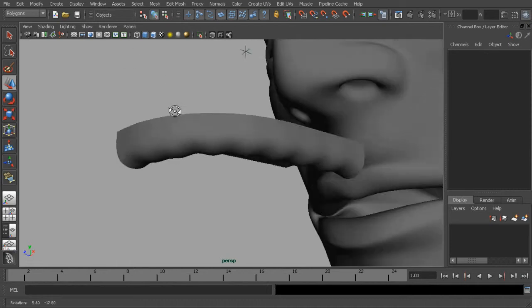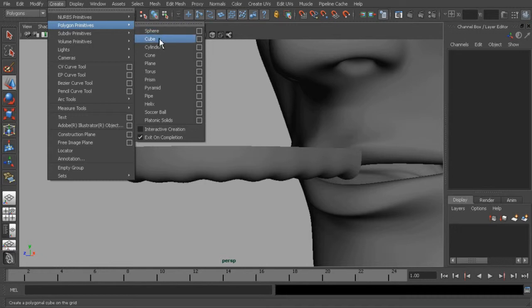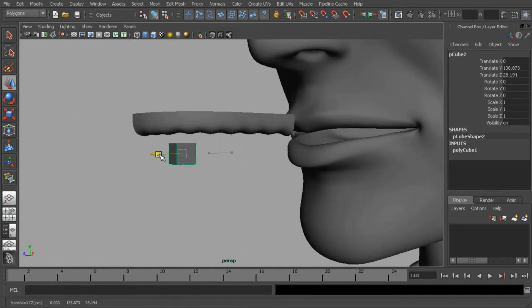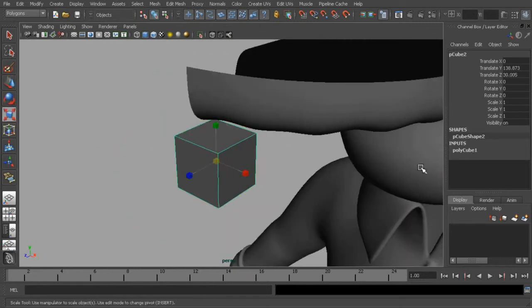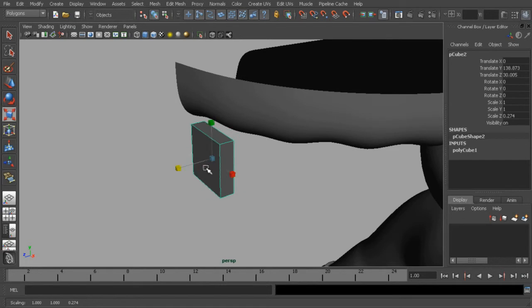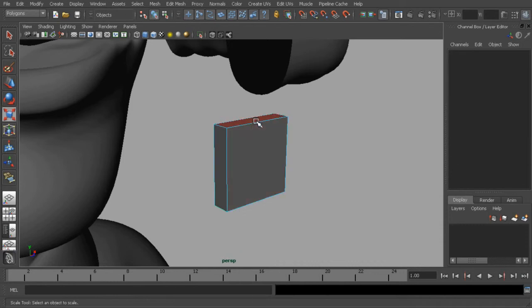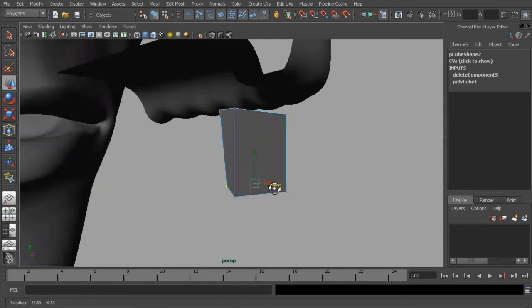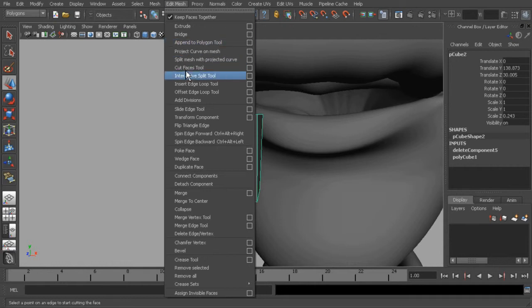Now for the teeth, we can come in and create the individual teeth just using polygon primitives. And for those front teeth, make those pretty standard. So we'll kind of get our cube in here, and let's go ahead and make it a bit narrower. So we end up with something like that. We can go ahead and get rid of that face on top. We can grab those points on the back, kind of move them up and in so it's got kind of a wedge shape there. Alright, we can also come in here and start to add edge loops